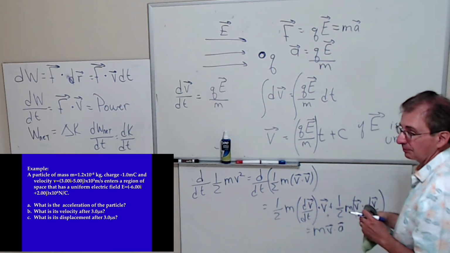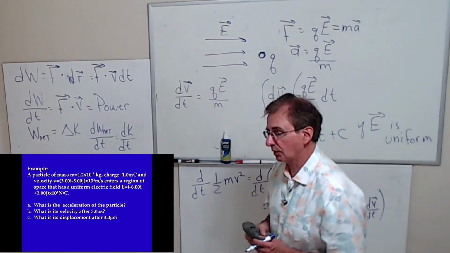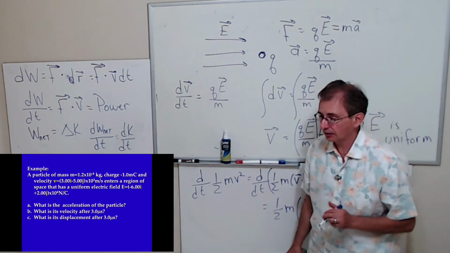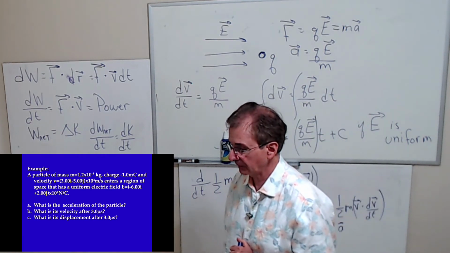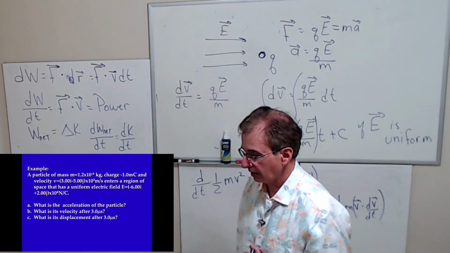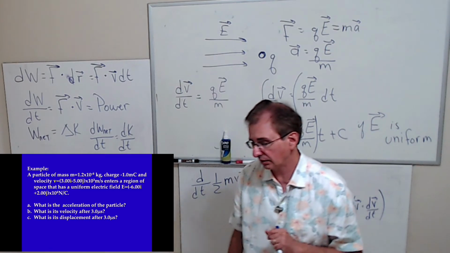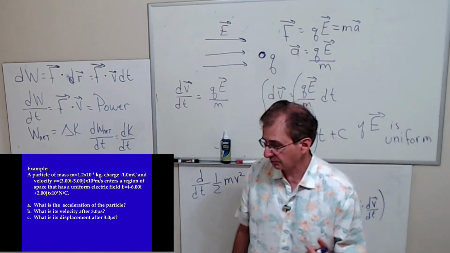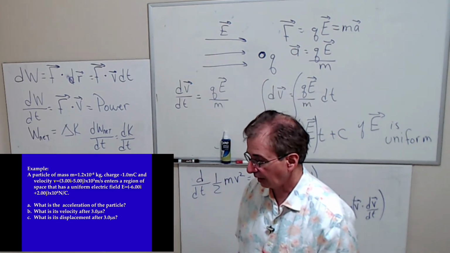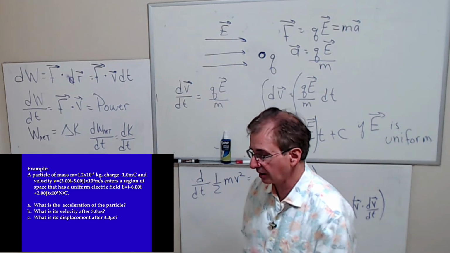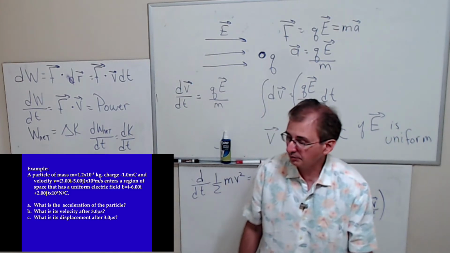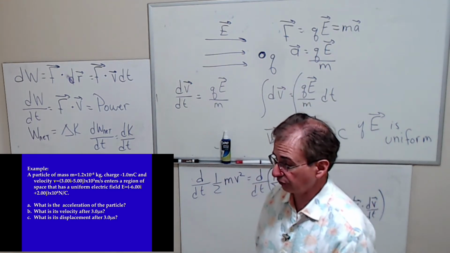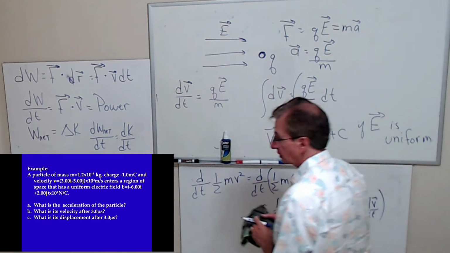Okay, so let's do this example. We have a particle of mass 1.2 times 10 to the minus 8 kilograms. We're given a charge of -1 millicoulomb, and the initial velocity of the particle is given, and it enters a region of space that has a uniform electric field given by that expression. I want to know the acceleration of the particle, the velocity of the particle after 3 microseconds, and the displacement of the particle after 3 microseconds. So let me start